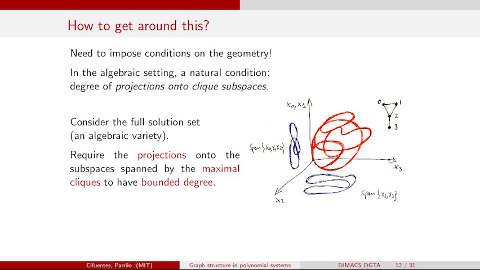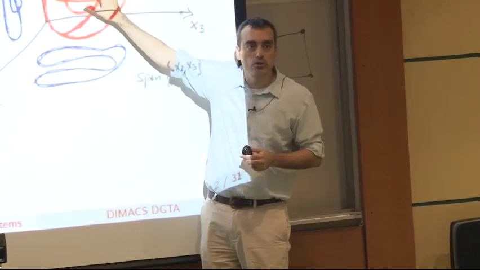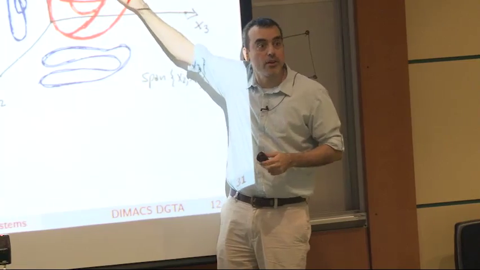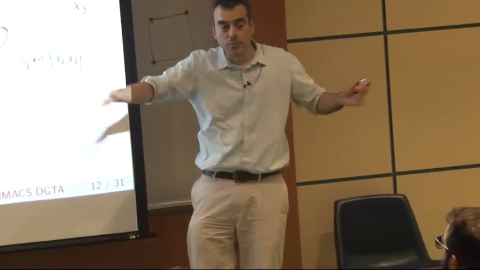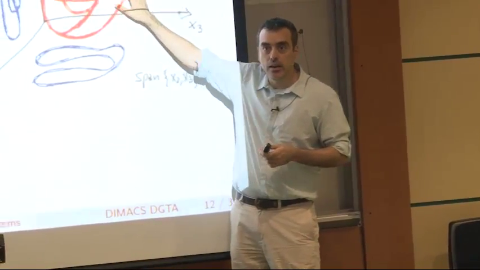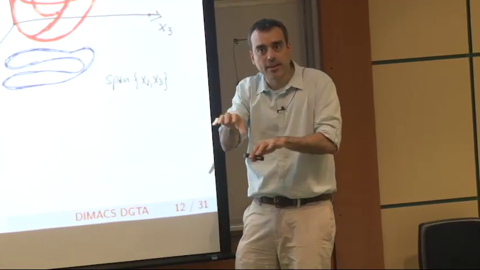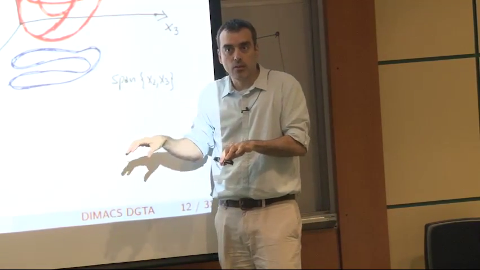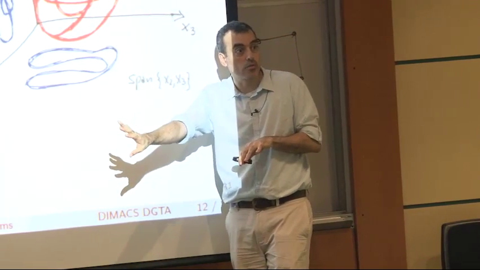If it's some curve or some variety of high degree, it may be some funny object like the one that I have here. And the point is, I don't want to talk about this object directly, because it lives in a very high dimensional space. Again, think about the case of a graph with 1 million nodes. I don't want to even think about this variety in this 1 million dimensional space. I really want to think only about the things that I can access easily, which are the cliques, because the cliques are going to be small if the tree width is small.